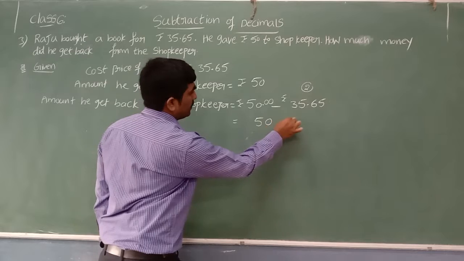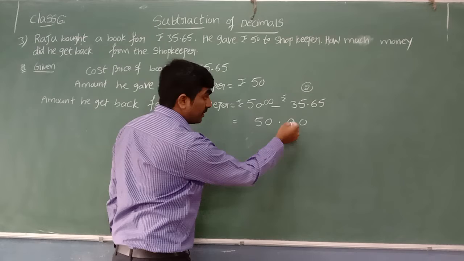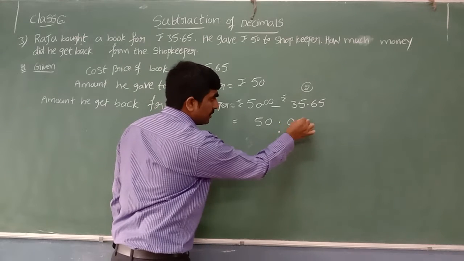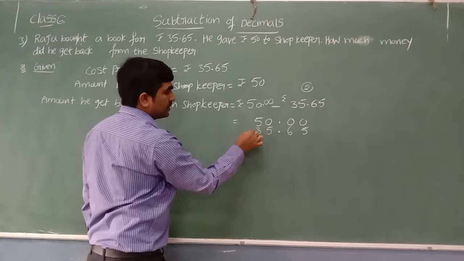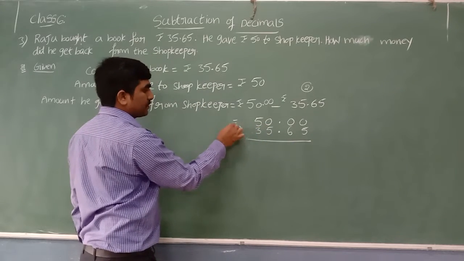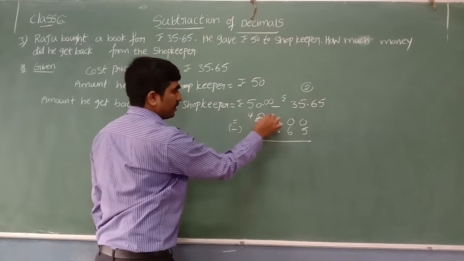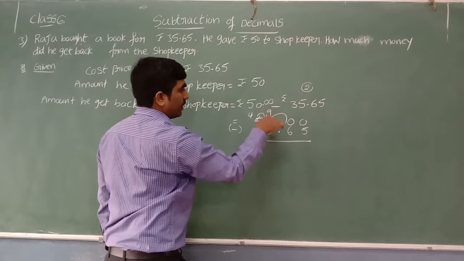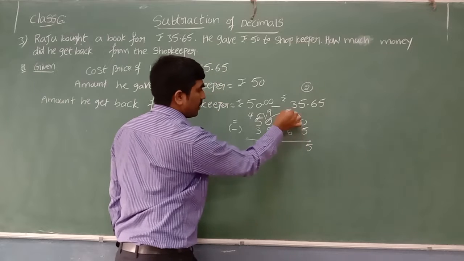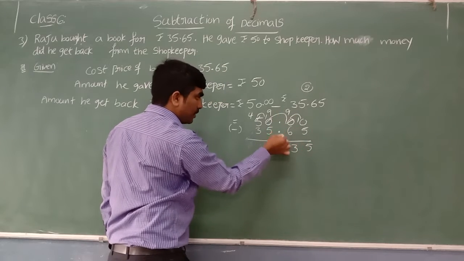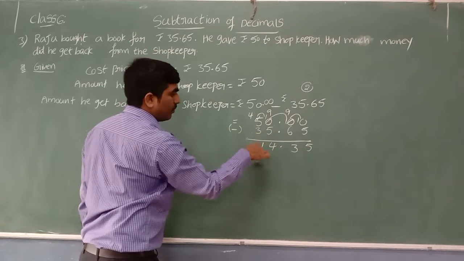See, 50.00, and below it write the point exactly below, and the tenths digit, the hundredths digit, and before the point 5 and 3 in the tens place. These two we need to subtract. 0 minus 5, no, we'll borrow from here, 10. Here 4 left, again borrow, 10. Here 9 left, borrow from here 10, here 9 left. 10 minus 5, 9 minus 6, 3 we can write. And below, write the point exactly. 9 minus 5 gives 4, 4 minus 3, 1. Yes.